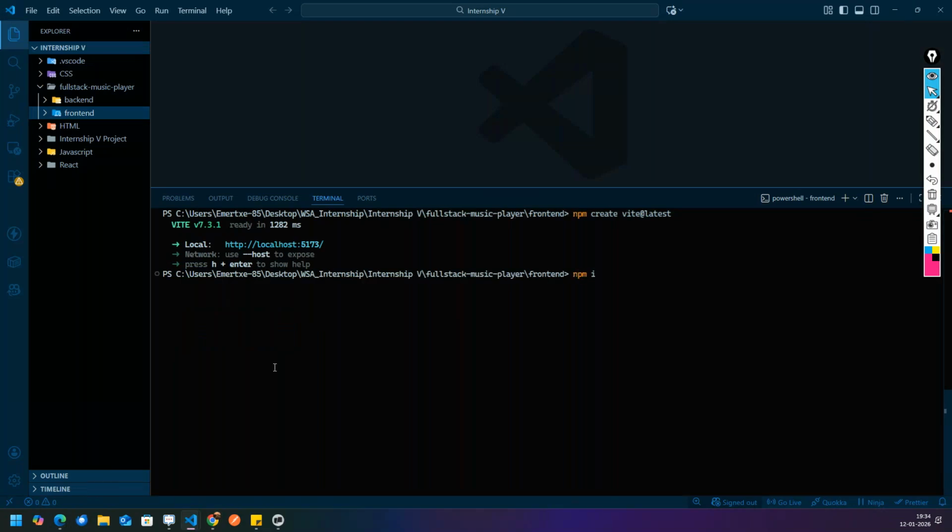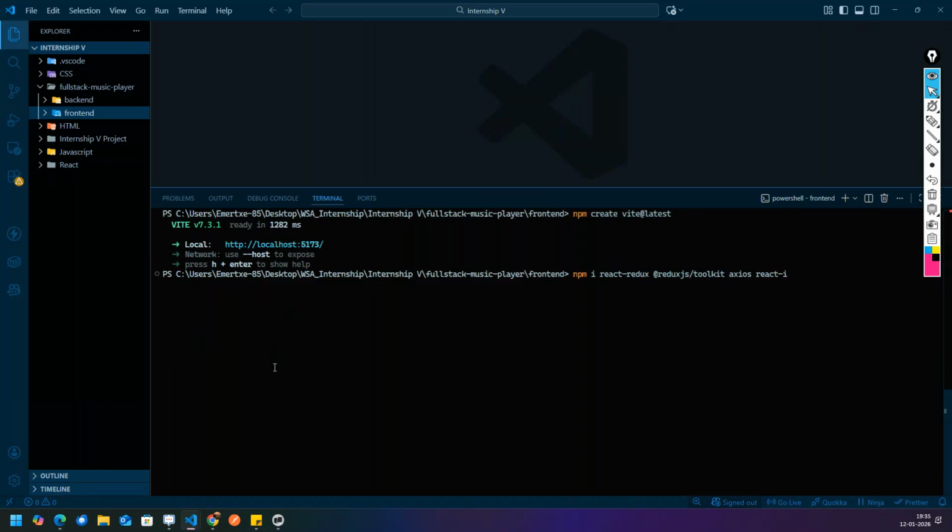I'll write npm i react-redux, then @reduxjs/toolkit, axios.